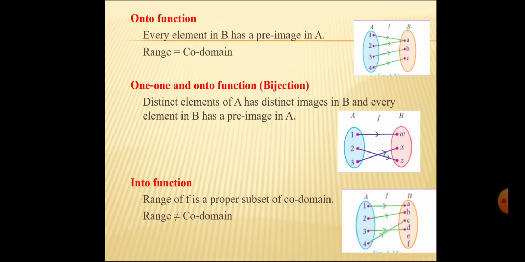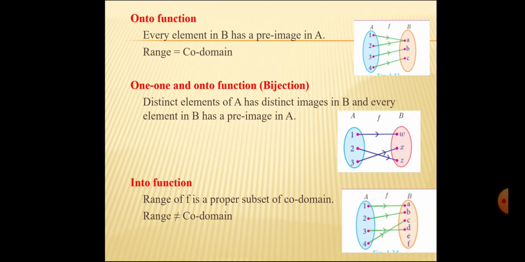The elements in set A are 1, 2, 3, 4. The elements in set B are A, B, C, D, E, F. Okay. Here you shortly noted the range is not equal to the codomain. How to find out? Already you know the range. What is the range? The outcome answer. Here the range is equal to A, B, C, D.